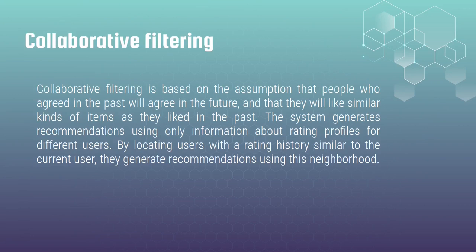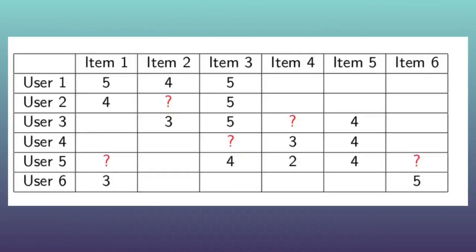And now let's return to our example with the users and movies and try to explain it in human words. So, collaborative filtering tries to find similarity in users' behavior. Please look at user 1 and user 2. Seems they are similar as they both liked first, second and third items, and together with that they both missed fourth, 5th and 6th items. From another side, they put similar high marks for the same films.